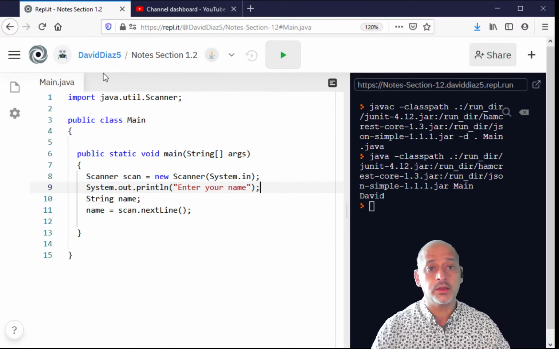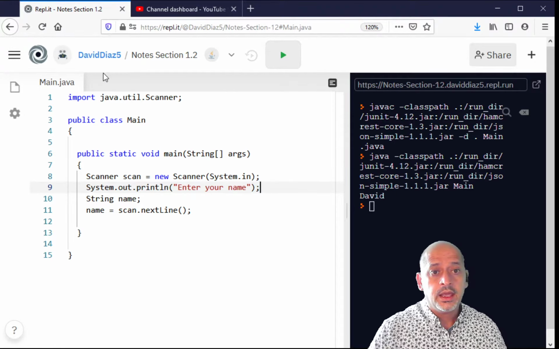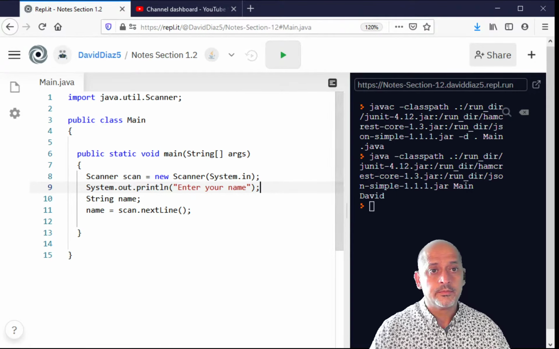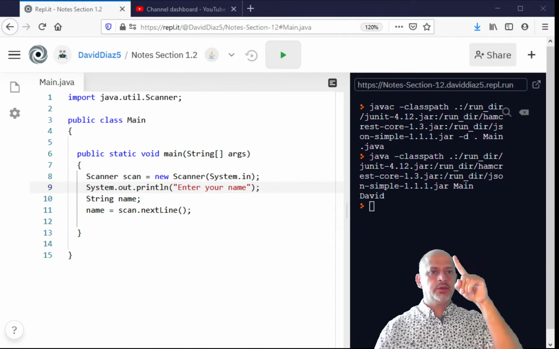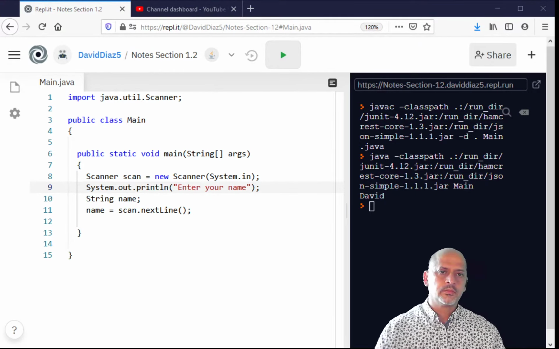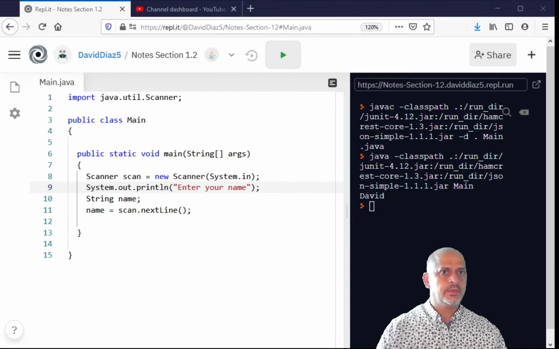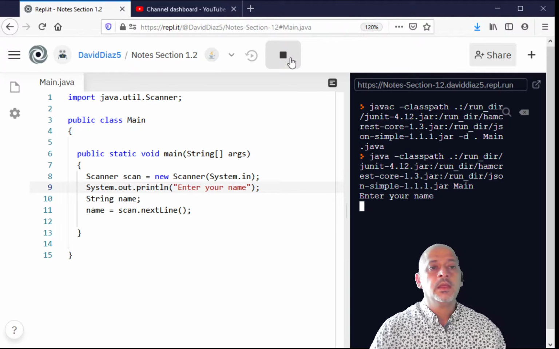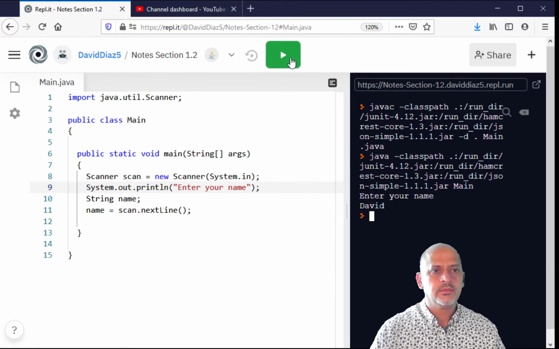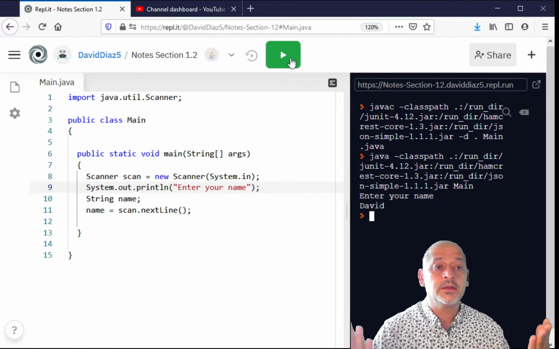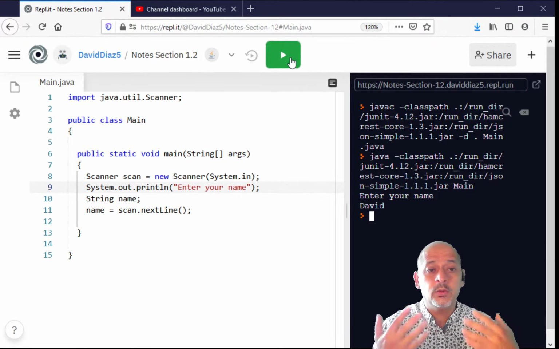Don't forget your semicolons. And now let's go and run it. So first we're going to print, enter your name. Now we're going to type in your name, David, which is great, right? So now we ask the question,